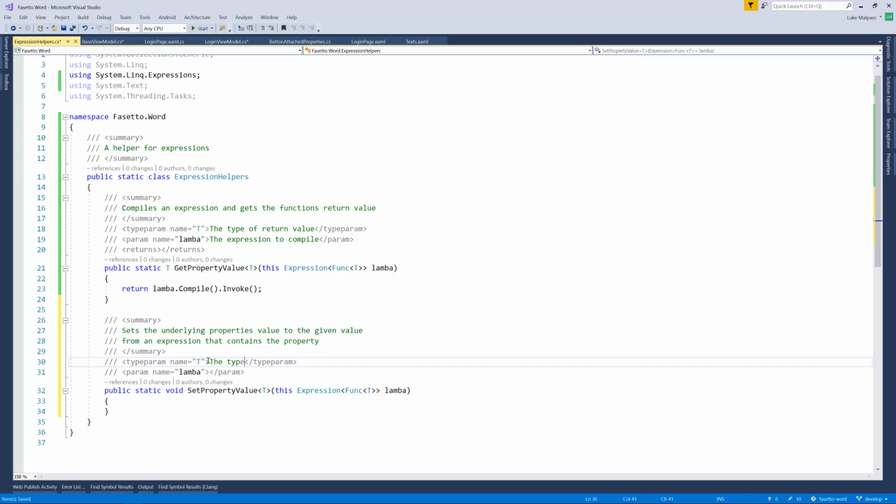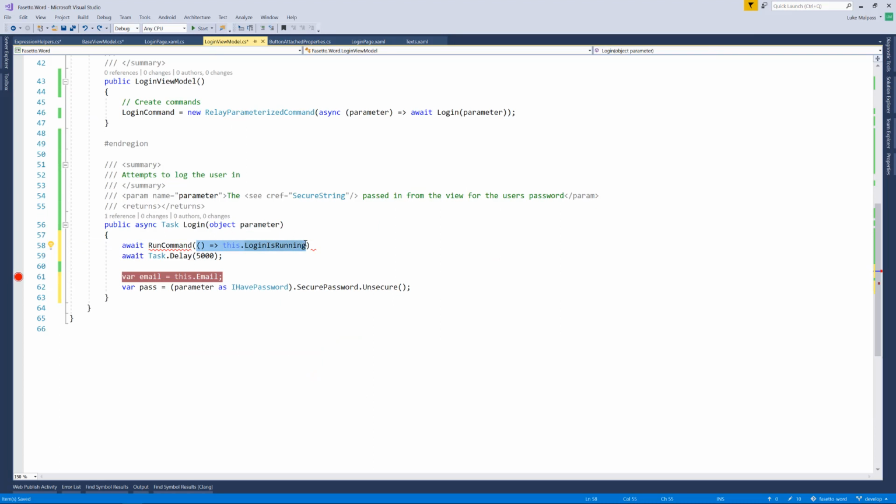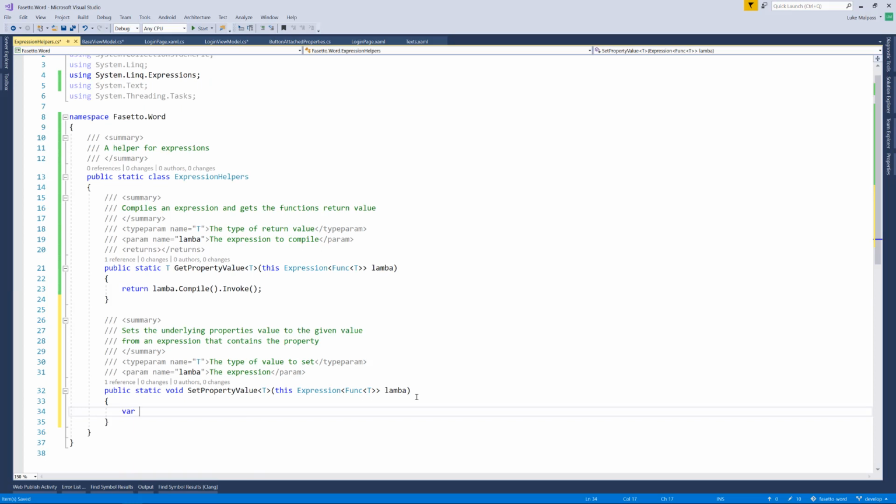This is the type of value to set and the expression. So first we need to get the expression, and we know it's a lambda expression, because that's the only thing we're passing in. So first we want to convert that to an expression, and it's basically going to be